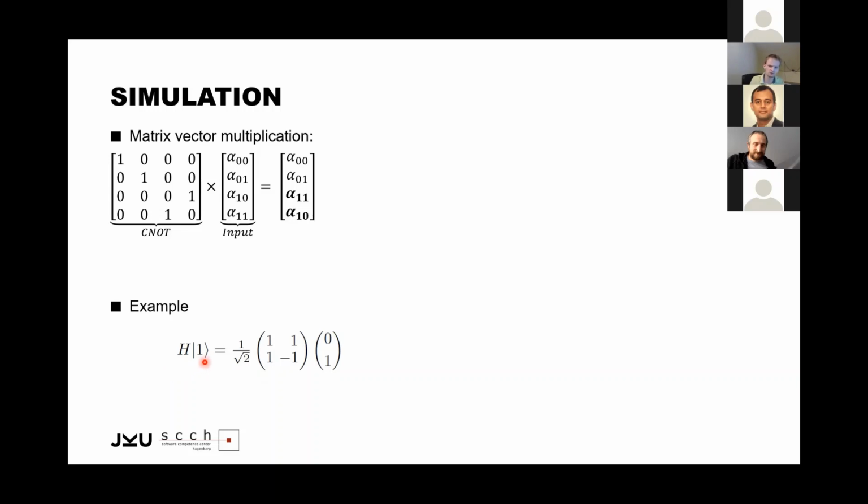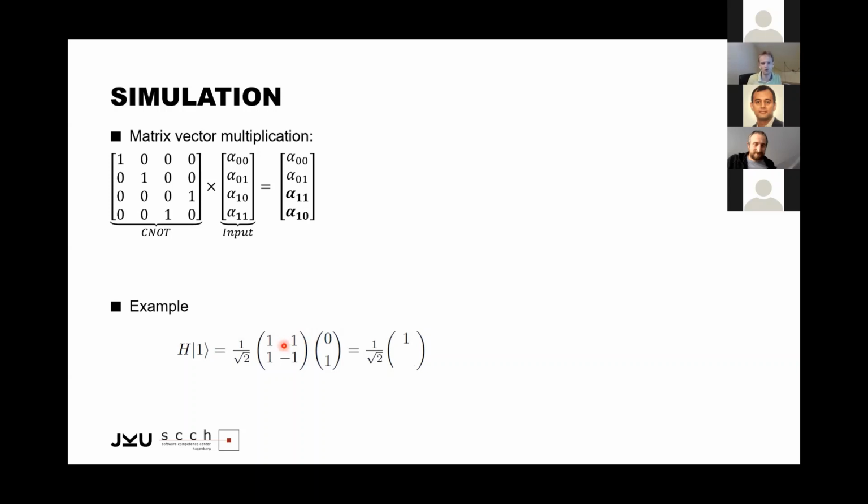And your quantum state 1 is defined by this matrix here. This is the amplitude for the Boolean basis state 0. This is the amplitude for the Boolean basis state 1. And since we're talking about a 1, you have a 0 here, a 1 there. And once you've got that, the simulation is basically just matrix vector multiplication. That means you multiply 1 times 0, which is 0, plus 1 times 1, which is 1. So you end up with this 1 here.